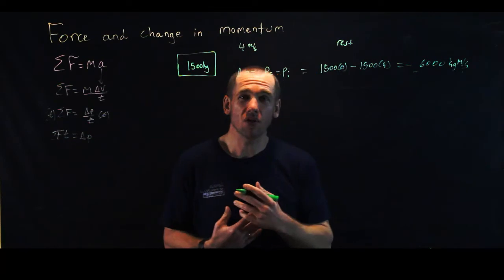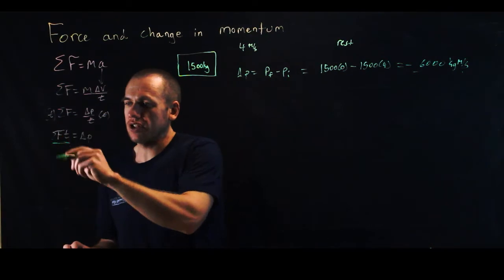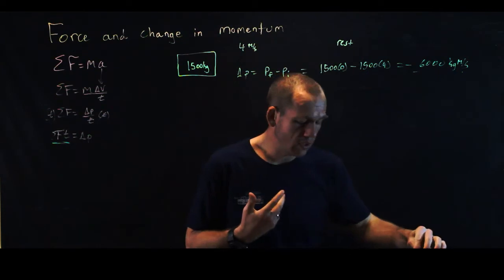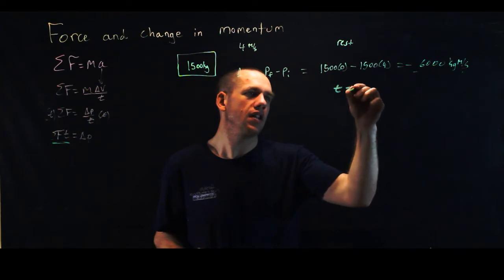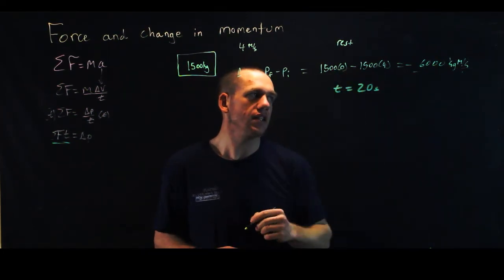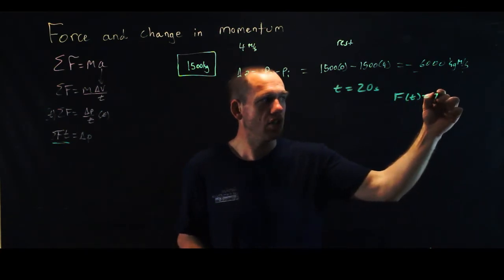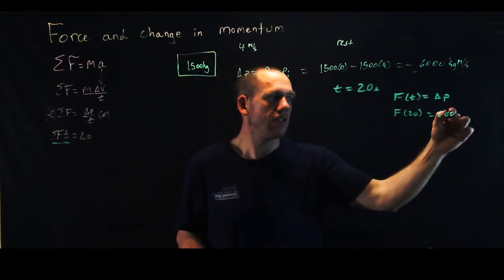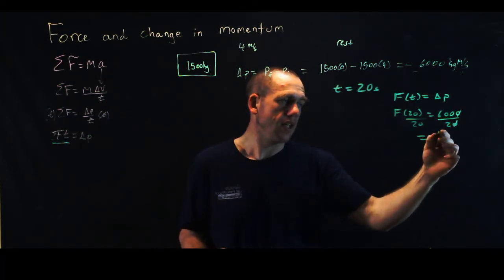if this car is going to come to a stop. But there's a variety of different ways we could get that to happen. It's going to take a force, and that force is going to have to act through some amount of time, but we can do this over a long amount of time, or we can do this over a short amount of time. So for instance, if we've got a time of 20 seconds to get this to happen, then since force times time is equal to change in momentum, F times 20 is equal to 6,000, divided by 20 on both sides, and we get F equals 300